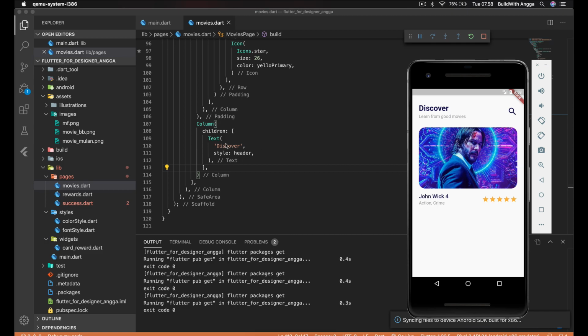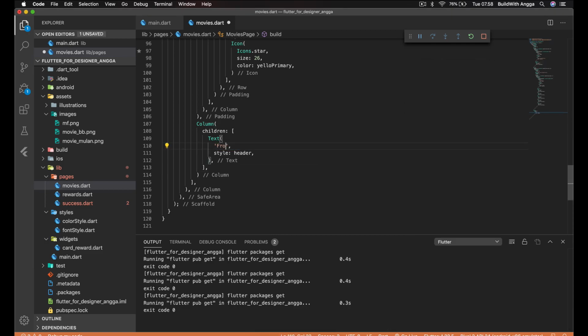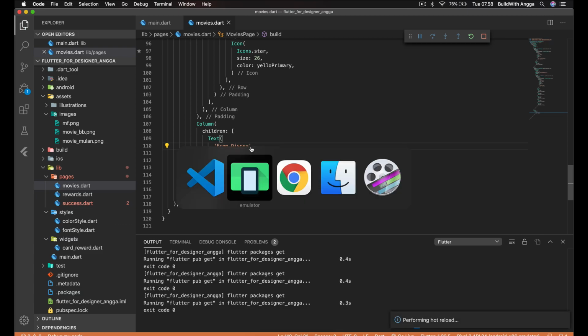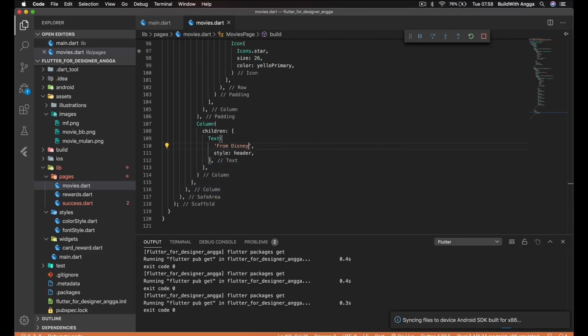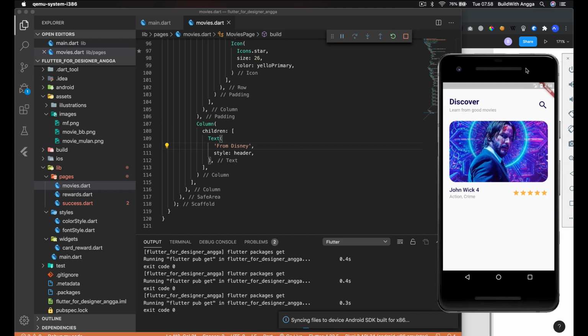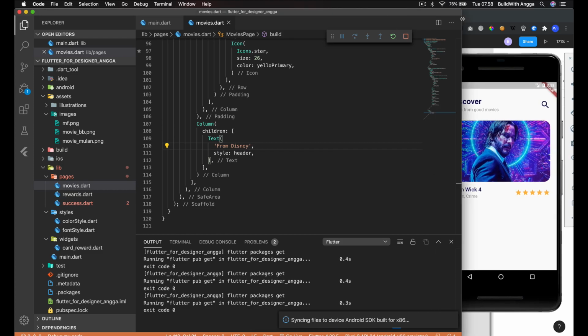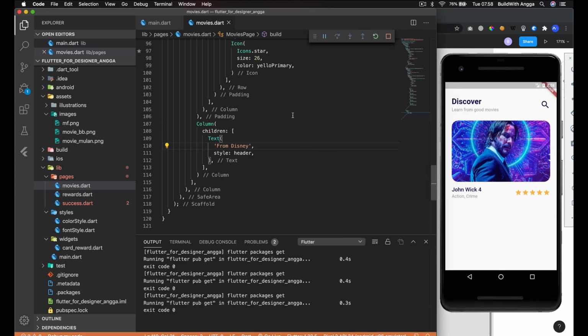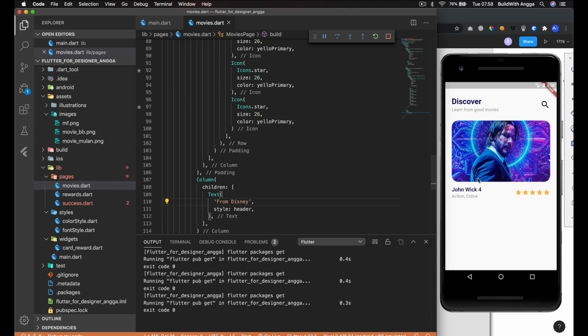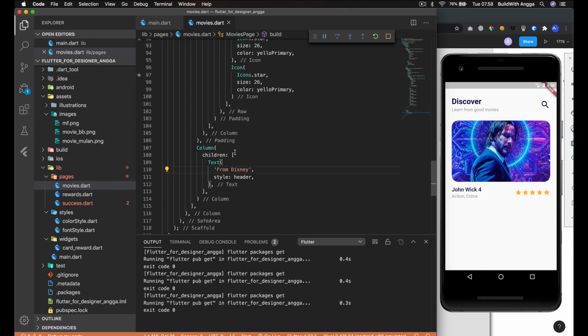Okay, but we need to change it to from Disney. If you don't see any changes yet, you can click here for the refresh. Okay, but I couldn't see where the text is.